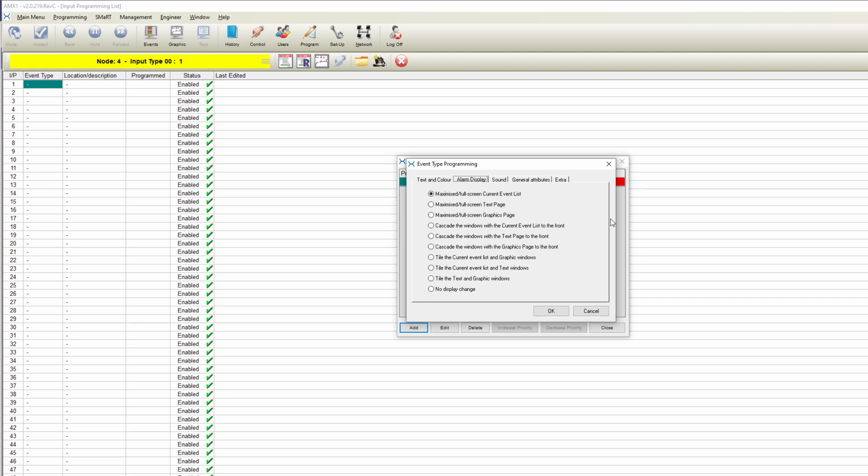So the next tab, you've got how you want to see this event type displayed when it's triggered or activated. You've got a bunch of options here. There's three main ones. You can see we've got the maximize full screen. This is going to show you a full screen view of just one thing, so event list, text page, or graphics page. You can cascade the windows, which will let you open all of the windows at once, but it will